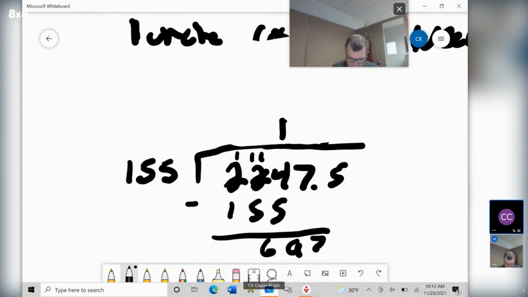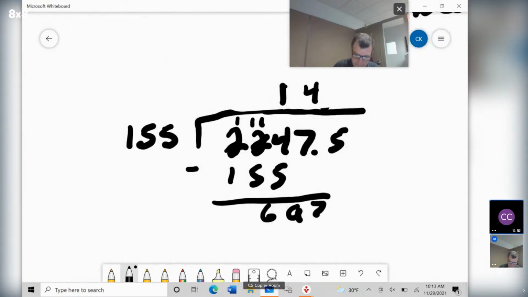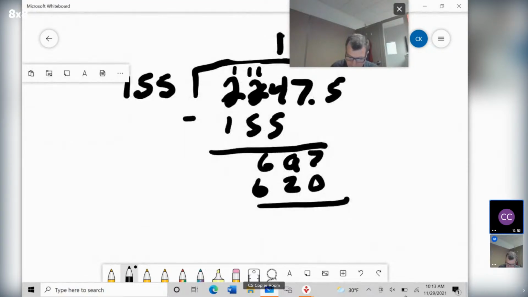And how many times does 155 go into 697? Well, it's going to be 4 times. And then we multiply the 4 times 5 is 20. Carry the 2, 22. Carry the 2 again, that's 6. So that's going to be 697. So that's going to be 7, 7. And we want to bring